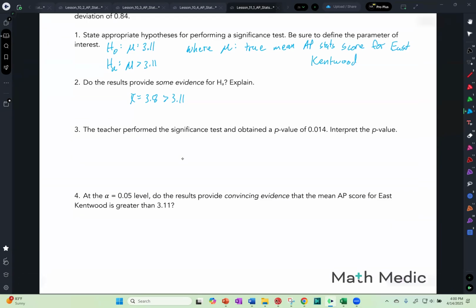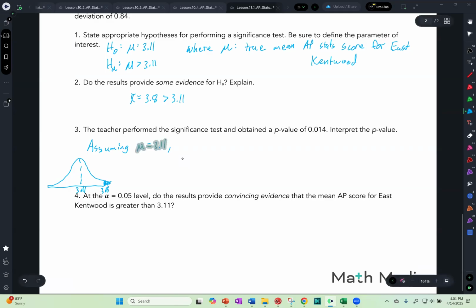The teacher performed the significance test and obtained a p-value of 0.014. So remember, the whole idea of a p-value is assuming, I'm going to draw a little normal distribution to help illustrate this idea. If the true mean was 3.11, the probability of getting 3.8 or more extreme by chance alone, right? Because all that stuff inside the normal distribution, that's what's expected within this many standard deviations, etc. So assuming that the mu was actually equal to 3.11,